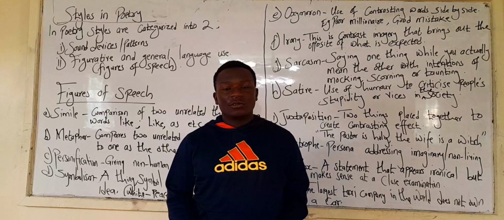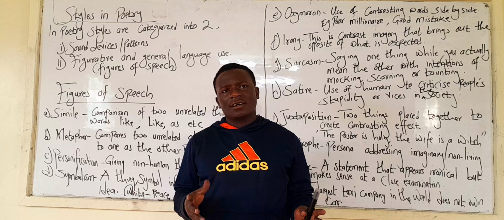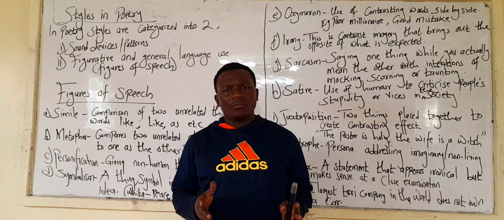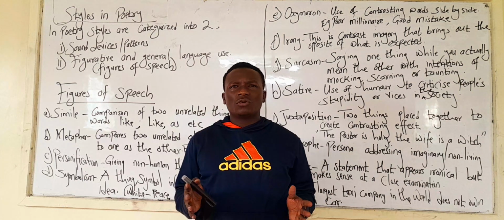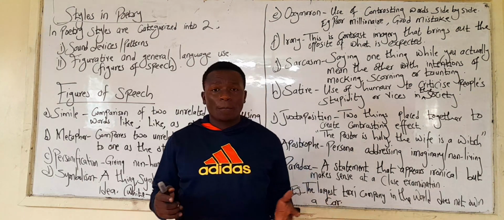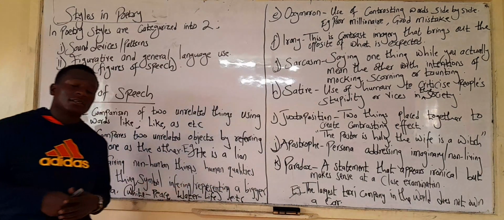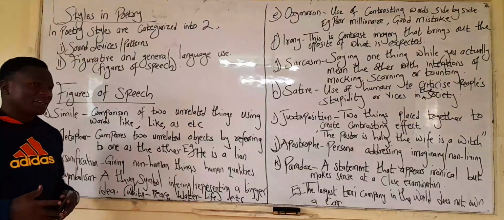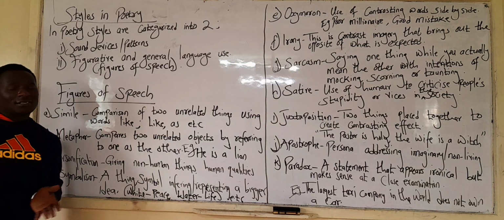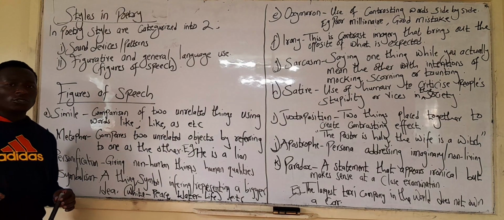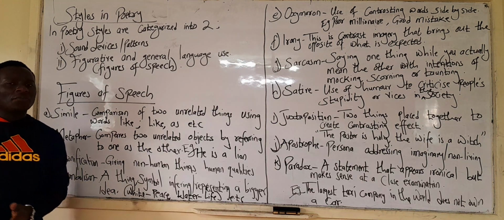Welcome again, my good students, to another session, another episode where we still venture and go deep in poetry, because it's one of the most tested. In paper 2, poetry has around 20-25 marks. So you can see it's a lot of marks if you go on missing. So I felt it's good and very helpful if we venture into another side of it, where we are going to discuss and generally see styles in poetry.